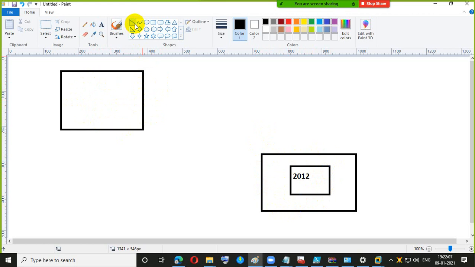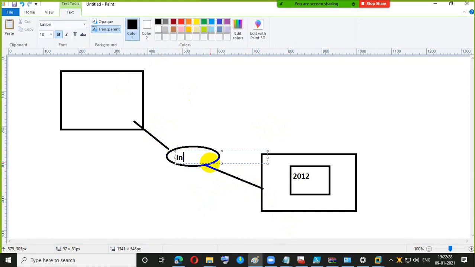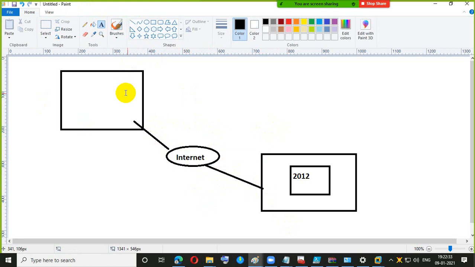And in the middle, it is connected through the internet. And here, we also have one VNet.